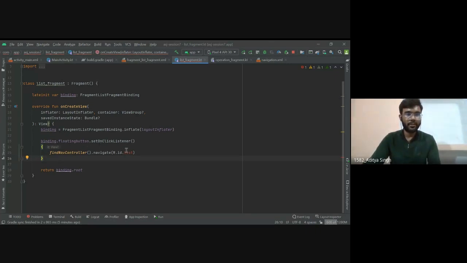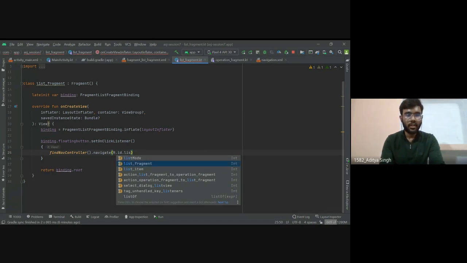Now for migrating, there is a function, navController.navigate, and inside this I will provide an ID, list fragment to operation fragment, because we are migrating from list fragment to operation fragment.